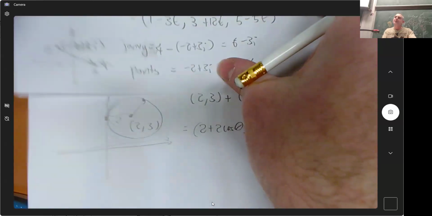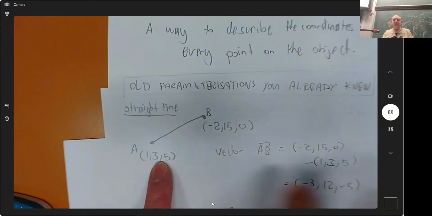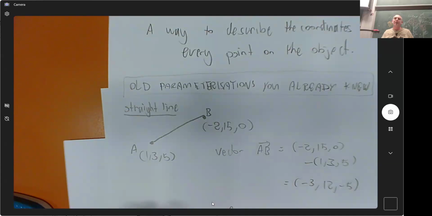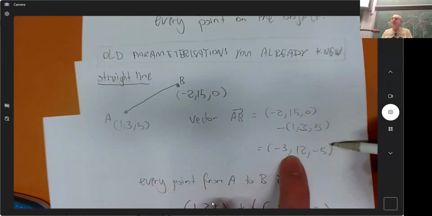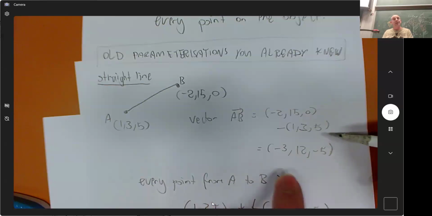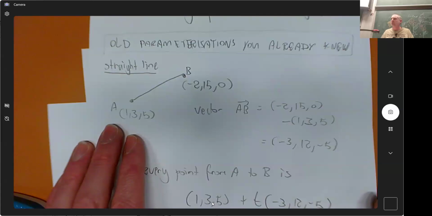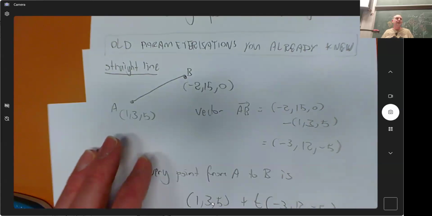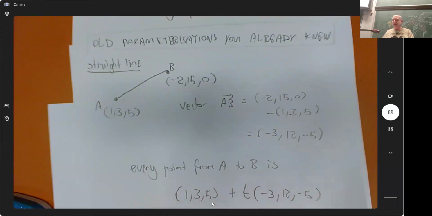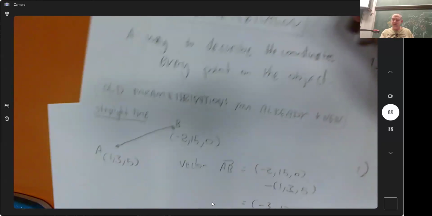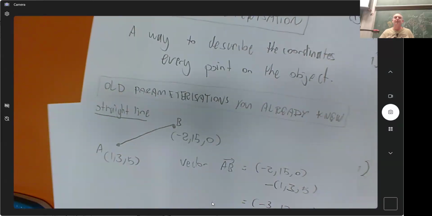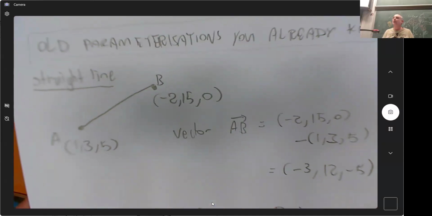Yeah, I did. I subtracted this point from both of them, and that made it go from 0 to this. And then I did t times that, and then I added the original one back on. That's what you mean? Yeah. It's very cool. I quite like that vectors work that way. That's one of the things about how vectors work. You know what? I've never thought of it that way before.